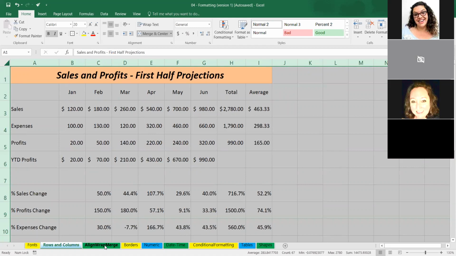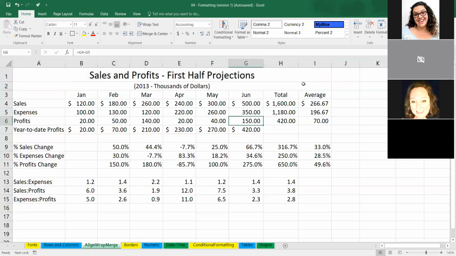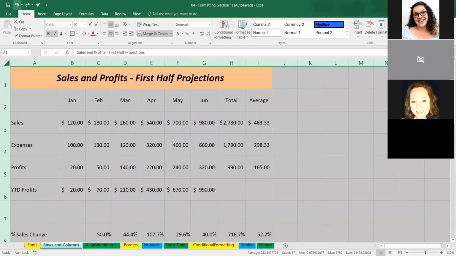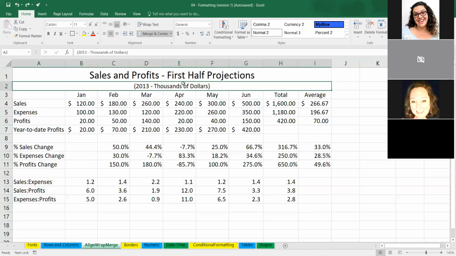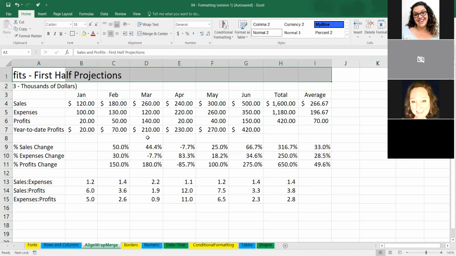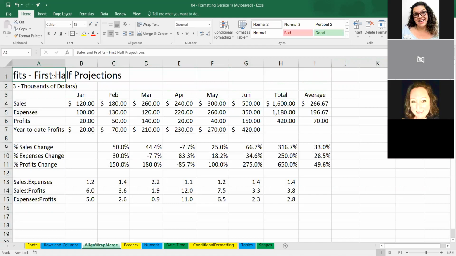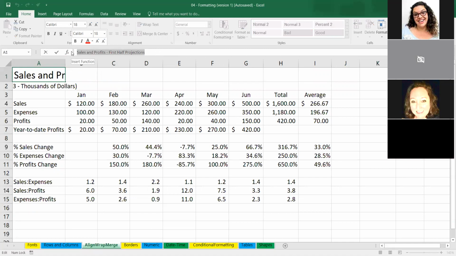Kind of back to that idea of merged cells. Here's a version. Oh, I had been playing with it a little bit. So I'll have to undo what I did there. I had merged these ahead of time, just making sure that it was going to work for today. So the way these start is you type them into whatever cell you're in. So say we're starting in this A1, we type in this sales and profits,